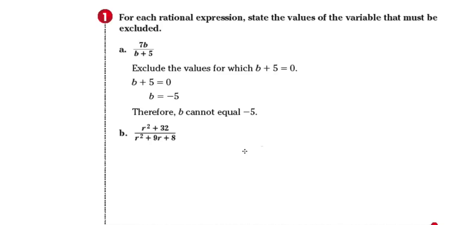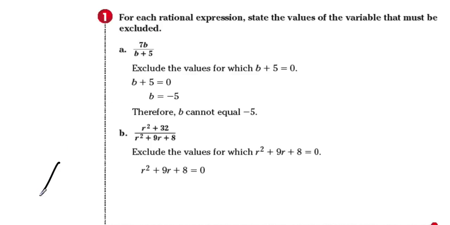Let's take a look at letter B, r squared plus 32 over r squared plus 9r plus 8. Okay, we exclude the values for which r squared plus 9r plus 8 is equal to 0. And remember what we did in the last chapter to be able to solve that. Okay, we need to factor, using the X method, or power of X. So r squared plus 9r plus 8. And if you use the power of X, okay, you have 8 here, and you have 9. So the values would be 8 and 1. Okay, so if you factor that,